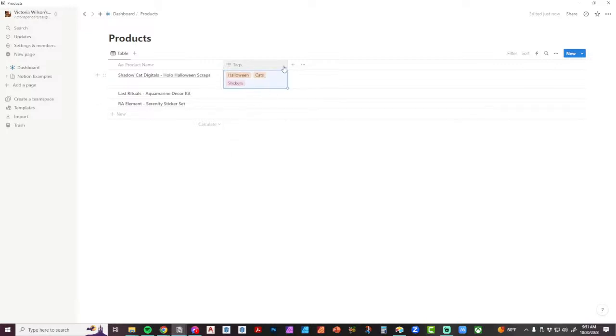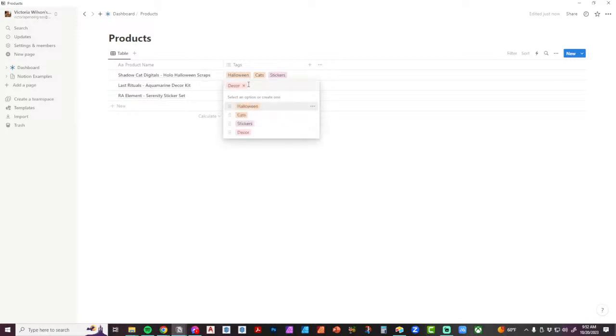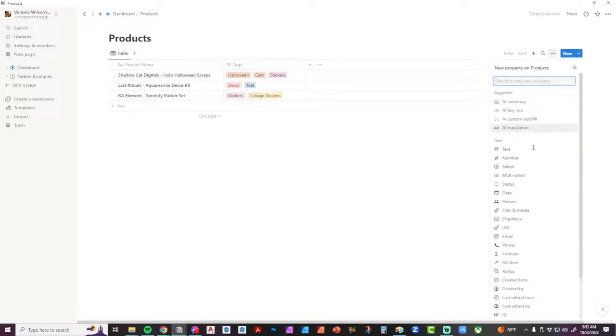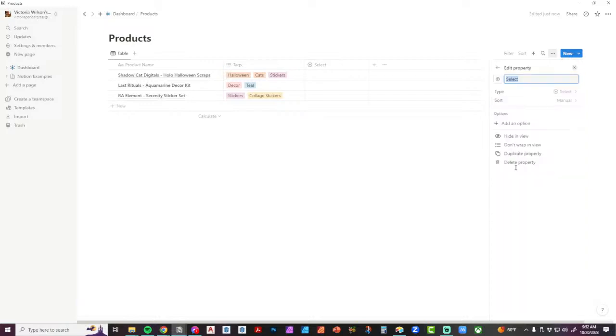And then you can resize this if you want to. This one is decor, and this is, I'm going to say teal, because I'm looking for teal. And this one is, I can use stickers again, and maybe I use collage stickers. Okay, so these are some tags. And then maybe you want to do, let's say, a select, and we're going to call it